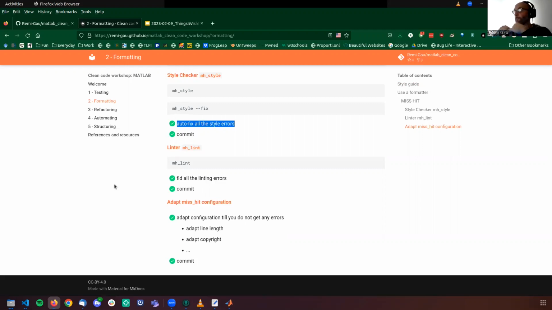Let's say that some of the lines are going to be too long for mishit. So we're going to silence that error, or some of the ways functions are named that is not the correct one according to mishit. We're going to silence all those errors at first. And then we can change the behavior of mishit to only detect certain errors and send error messages for certain problems in our code, and we can focus on just fixing those types of errors. So let's start doing this.